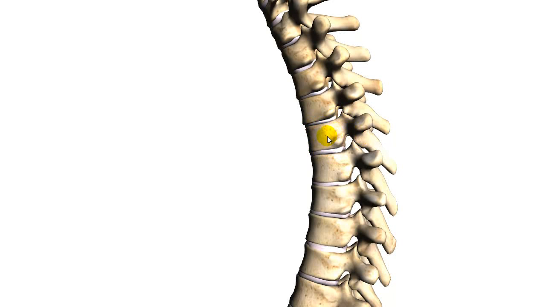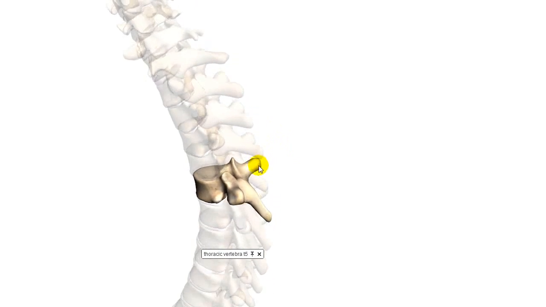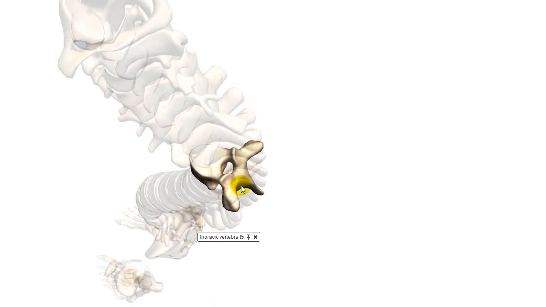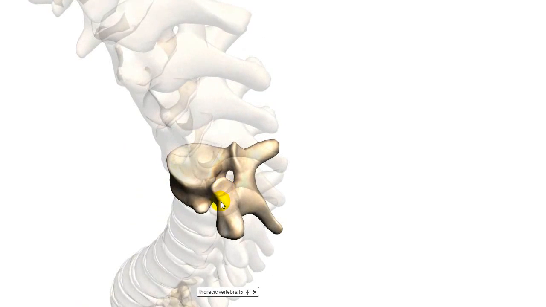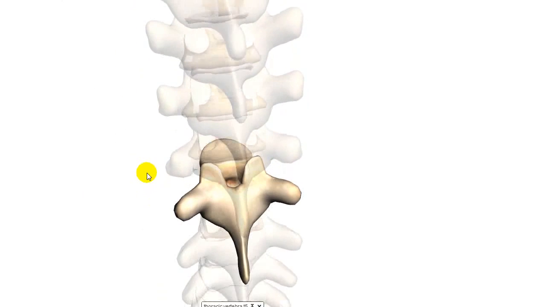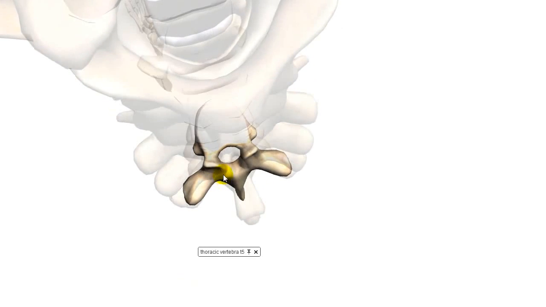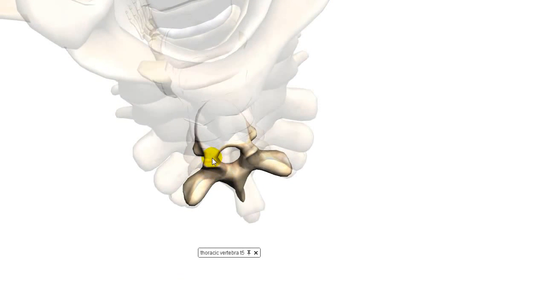and then you've got the posterior part, which consists of the neural arch and all the facets and processes that are attached to that. So here's the body of a vertebra, and then the neural arch is this. I'll just try and get a good view of that. It is this arch here, which consists of a pair of pedicles here,